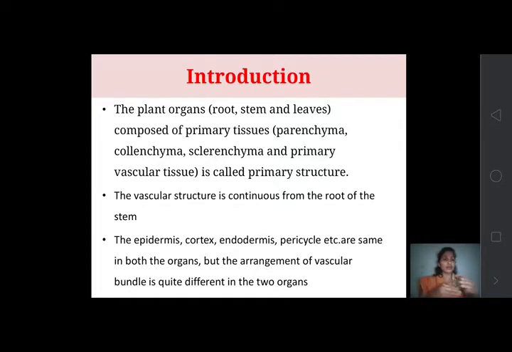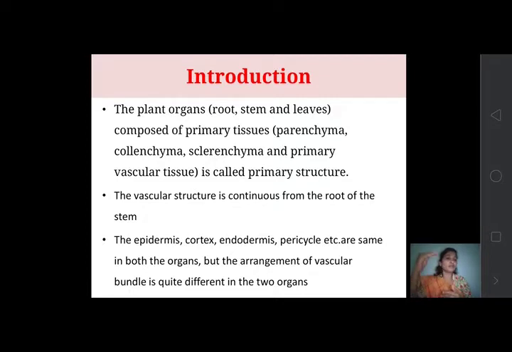are the same in both the organs. Both the organs means root and stem, but the arrangement of the vascular bundle is quite different in the two organs. So these parts, that is the epidermis, cortex, endodermis, when we see the internal structure of any plant